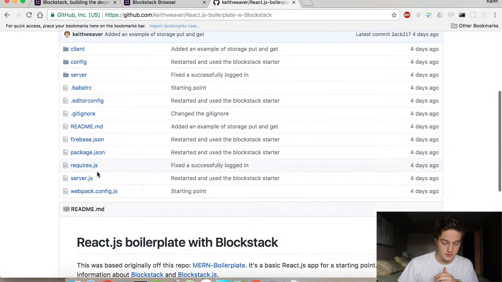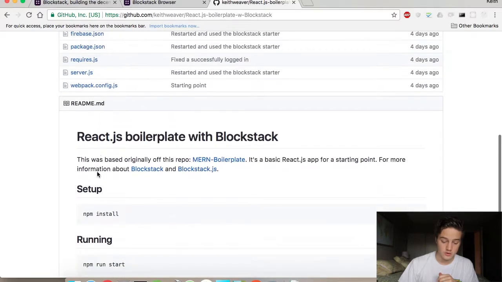So if you don't know what I'm talking about, go to blockstack.org here. If you need to install it, install it. It should be running up here. What I'm going to do is show you how to publish or build out your first Blockstack application with React. And this is actually based on their starting